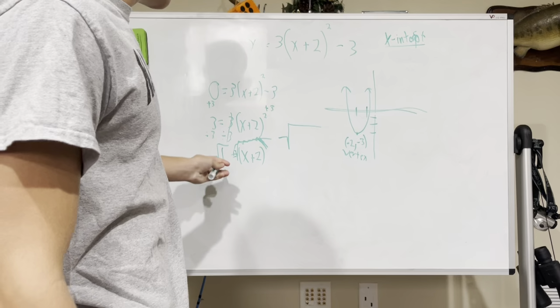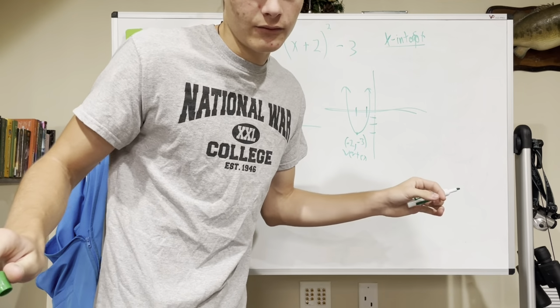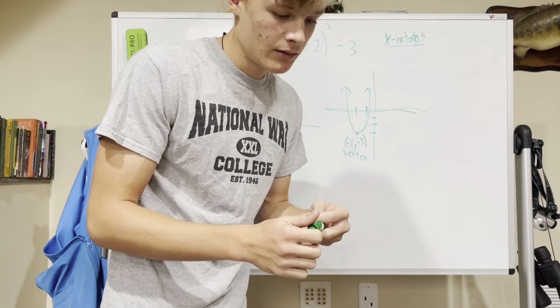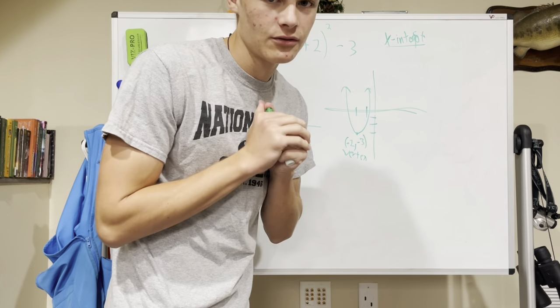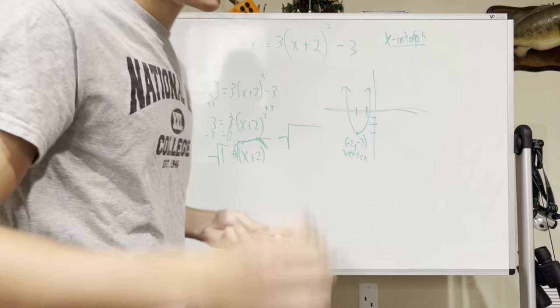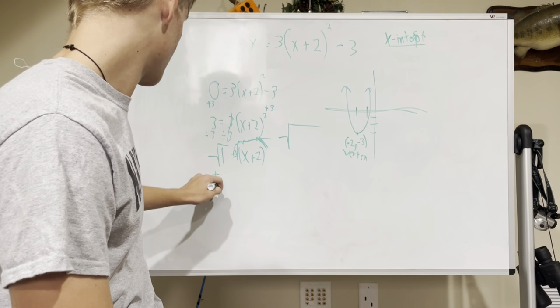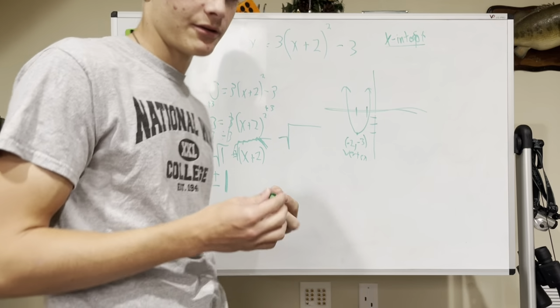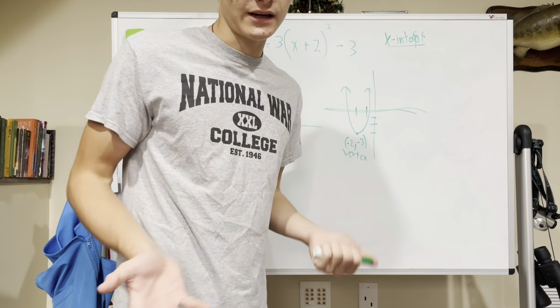Whenever you take the square root of anything, it could be plus or minus, which is strange to think about. So the square root of 1 is plus or minus 1, which means that it could be positive or negative 1,